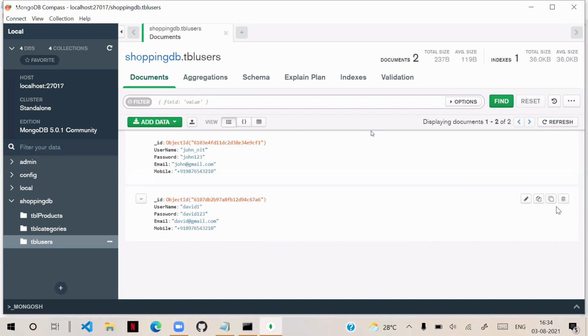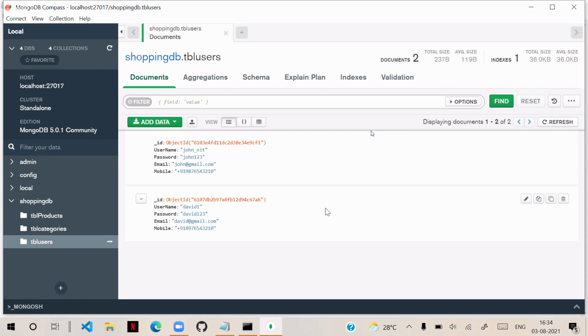You can make the changes directly here. You can delete the record directly here. This doesn't require any commands. That's very simple. You can manage your database here. You can see collections in the left panel. When I click on drop collection, that means it is removing it. So we can drop the databases, configure them and use them. This is a graphical interface.